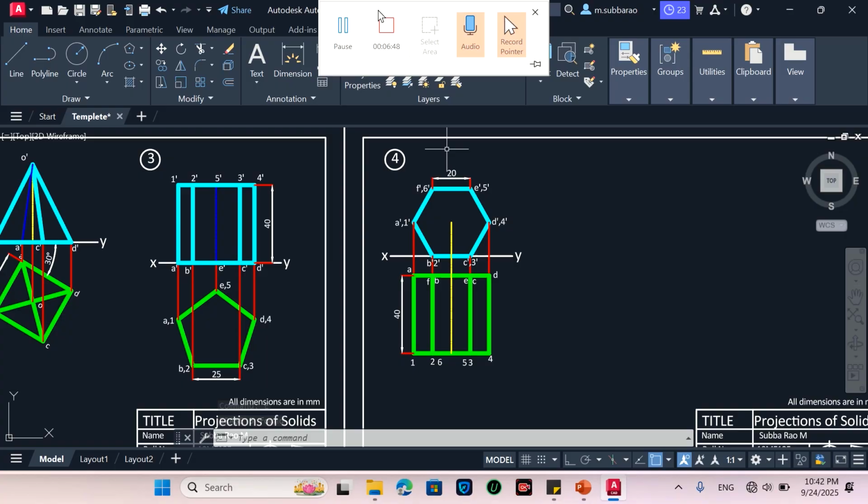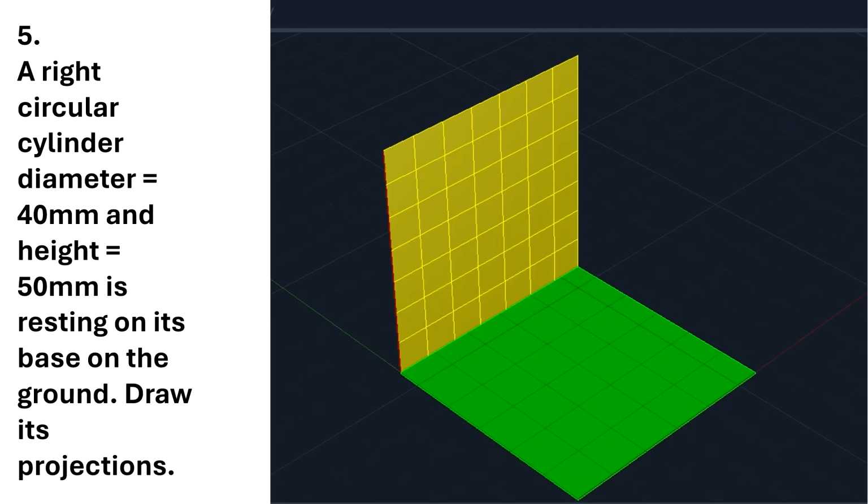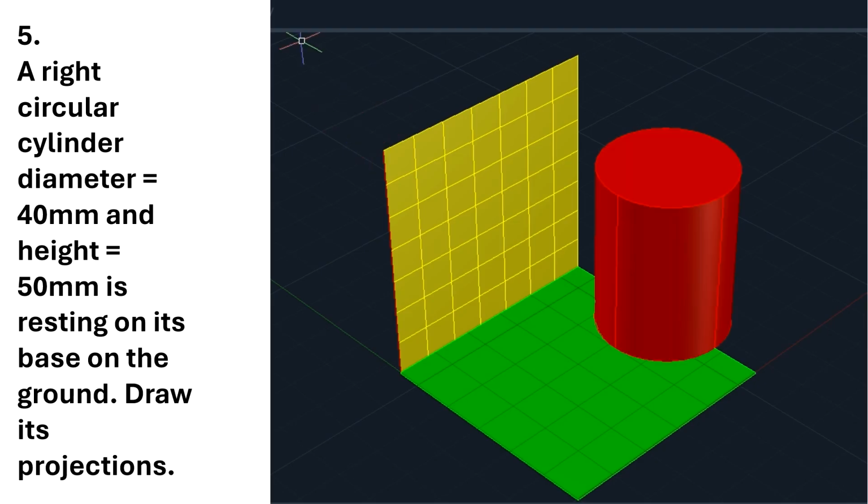I completed the fourth. The fifth question: a right circular cylinder of diameter 40 mm and height 50 mm is resting on its base on the ground. Draw the projections. Now we need to first draw the cylinder here. If I draw the cylinder, the base of the cylinder is resting on